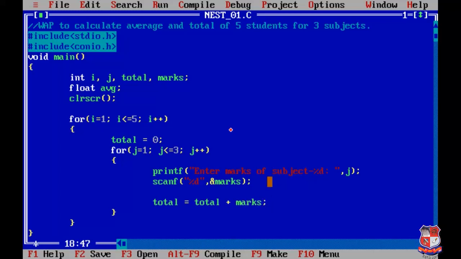So now we'll have the total of these 3 subjects after the inner loop, and inside the outer loop we have to find the average. For that we have to write average equals total divided by j, because we have to find the average of 3 subjects.